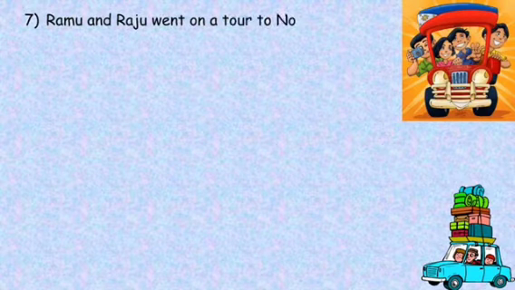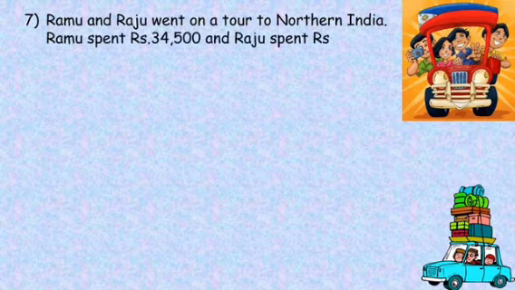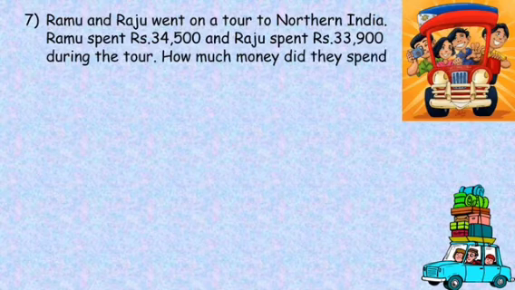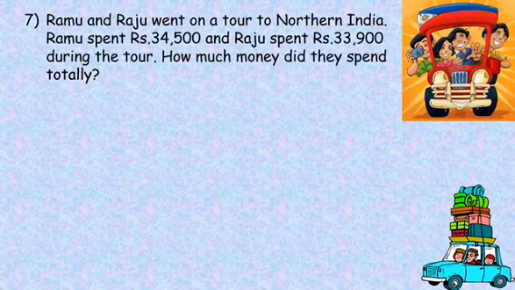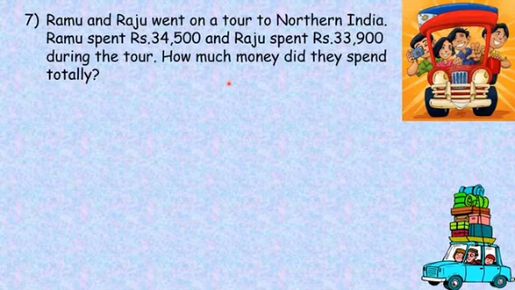For the next problem, Ramu and Raju went on a tour to northern India. Ramu spent rupees 34,500 and Raju spent rupees 33,900 during the tour. How much money did they spend totally? So the solution, it's supposed to be a simple problem. We have two candidates here who have spent some amount individually. We need to find the total amount. How much have they spent? So for the solution,